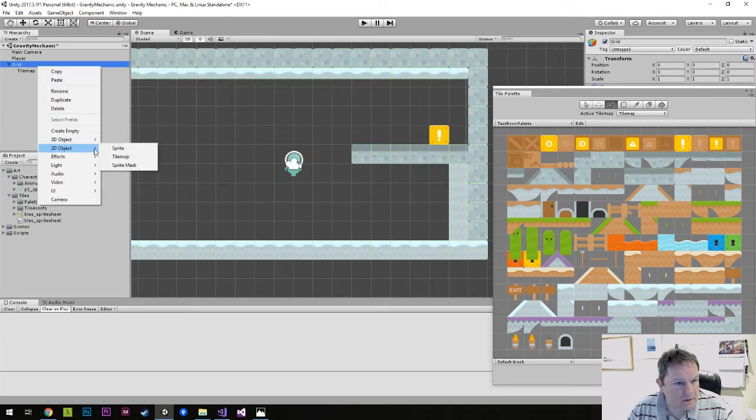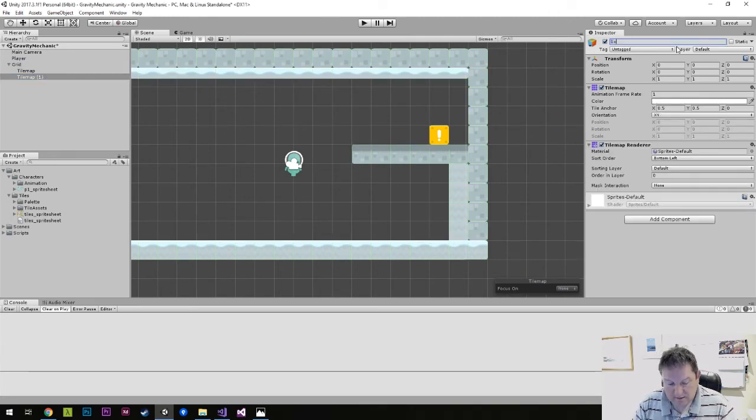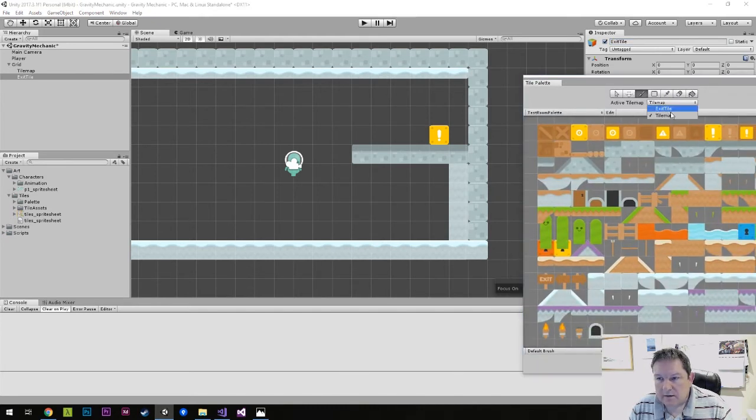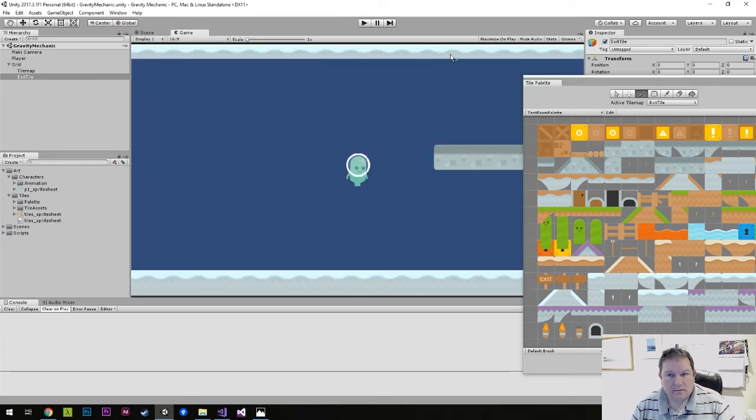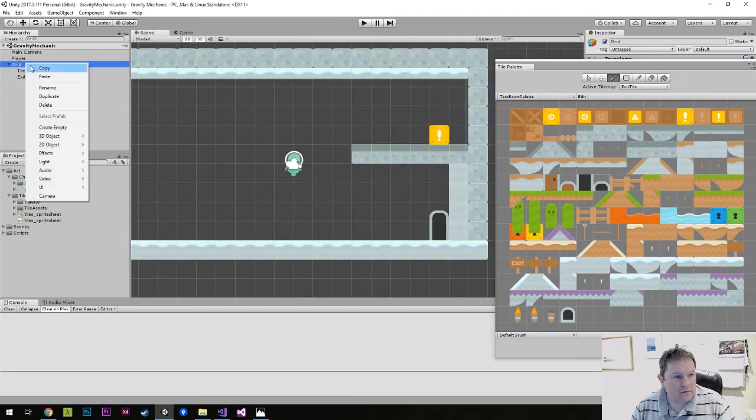So I'm going to create another tile map, and this tile map is going to be the door tile map. So I'm going to call this exit tile map. Exit tile, let's call it exit tile. That's good enough. And I'm going to put an exit tile there, and then I'm going to draw this and this. So the exit tile is going to look like that, okay? And then I'm going to create another one. So create empty,